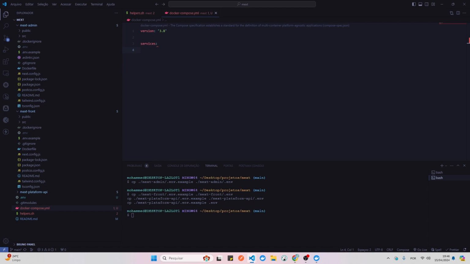Now I can create my Redis image. So let's call it max-redis. Image will be redis:alpine. Restart always. Now I can define the env file, which is going to be inside of max platform API